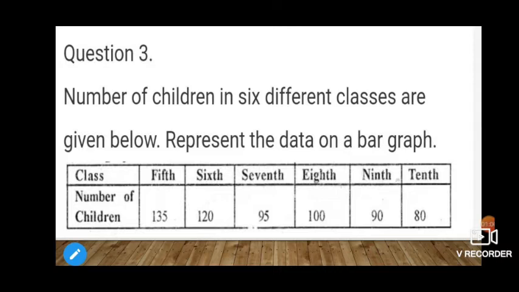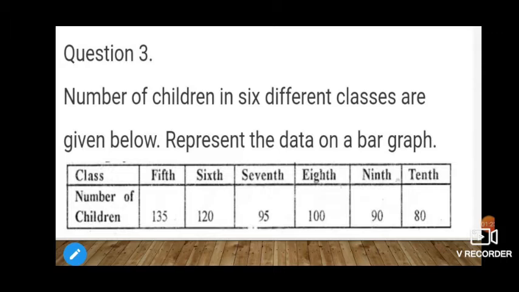Now we are going to plot the bar graph, children. Usually a bar graph we plot on graph sheet, but once we meet, I will teach you how to plot on the graph sheet. If you can, any of you can try. Now children, please don't do it on a graph sheet. Do it on your classwork white pages notebook. Before going to do the bar graph, first we have to choose the scale.